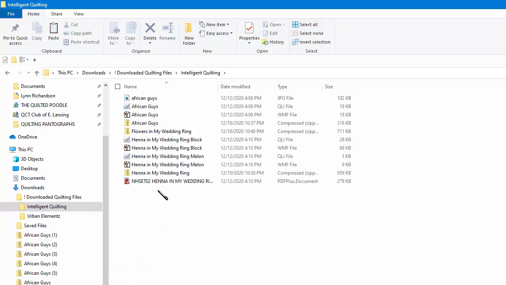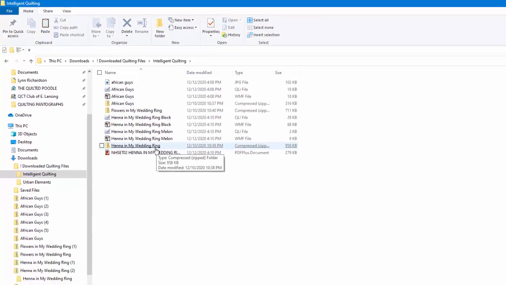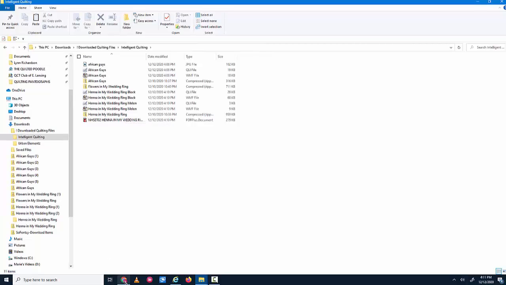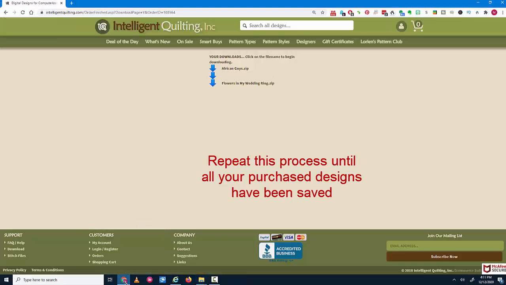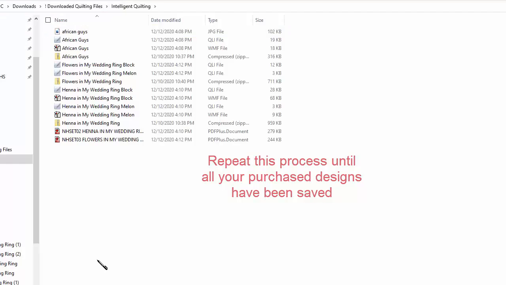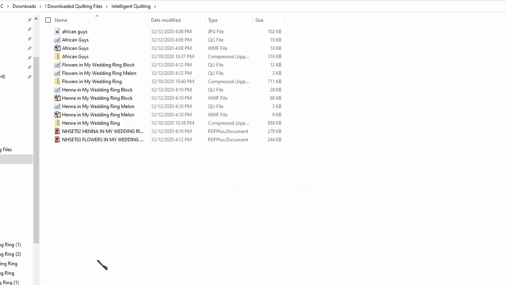So I've now pasted my files, Henna in My Wedding Ring. I'm going to go down to Google Chrome, left mouse click to open it, and download my last file, Flowers in My Wedding Ring. So now the Intelligent Quilting folder has all of the files that I've downloaded from Intelligent Quilting,